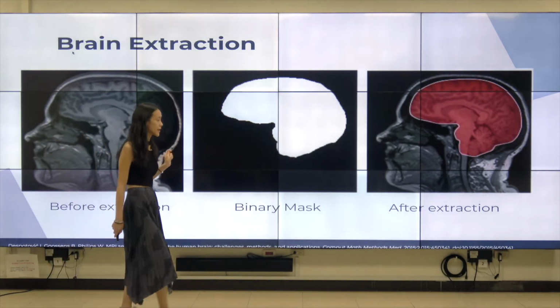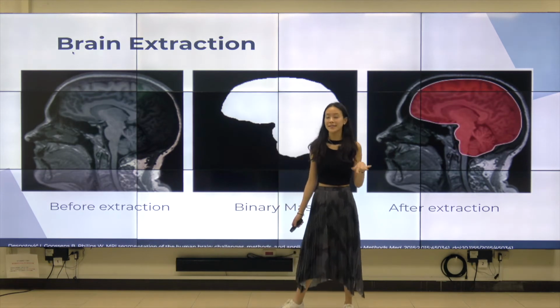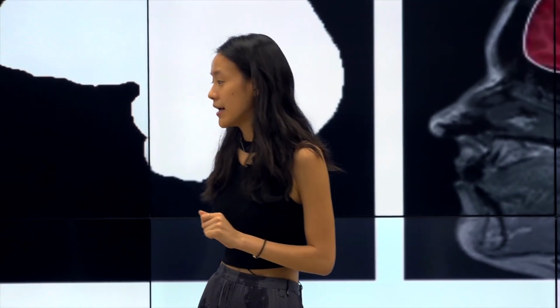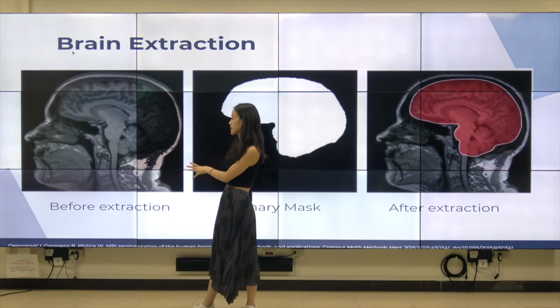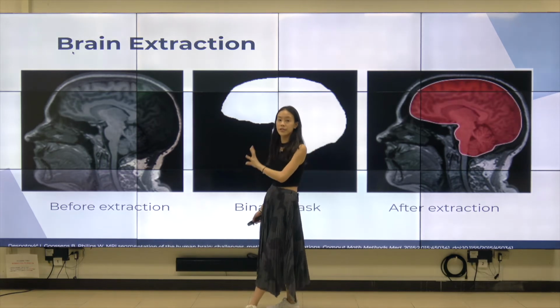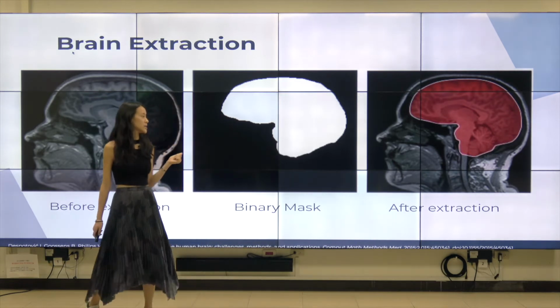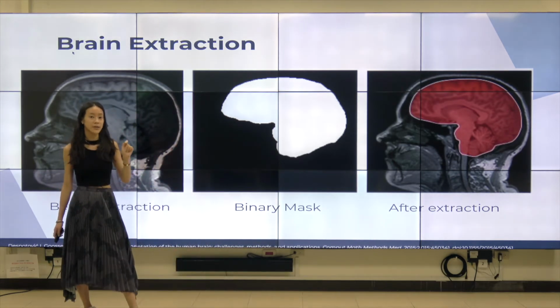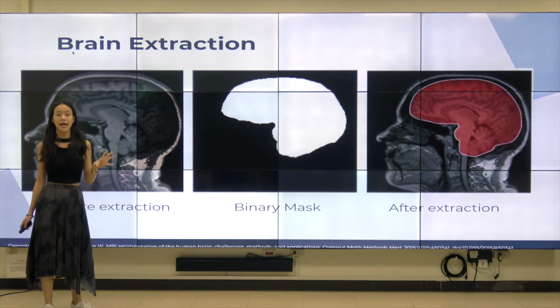And going on to talking about brain extraction, as we said before, exact same images as the previous lecture. So I would suggest you go over those lectures if this isn't clear enough for you. But what brain extraction means is that we're taking the brain out. So prior to extraction, what we usually see is this entire head. And this can differ depending on which angle or which MRI scan we're looking at of the head. And what ends up happening is that we create this binary mask in order for us to extract that brain so that we can only do analysis on the brain.